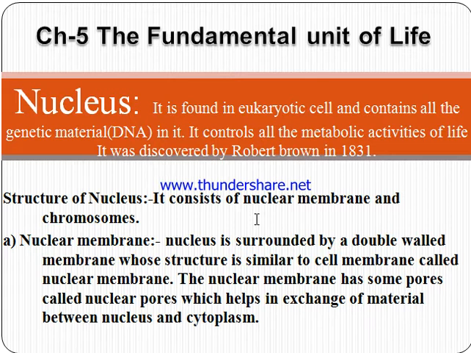So the nuclear membrane is a double-walled membrane whose structure is similar to the cell membrane. It has some pores called nuclear pores, which help in the exchange of materials